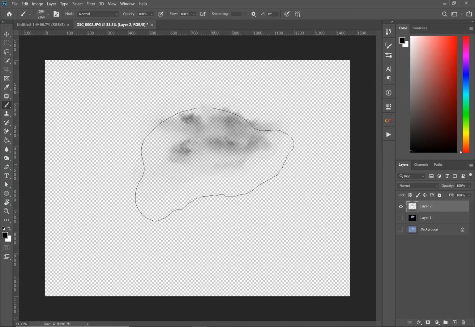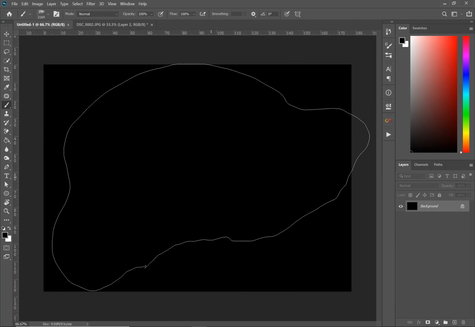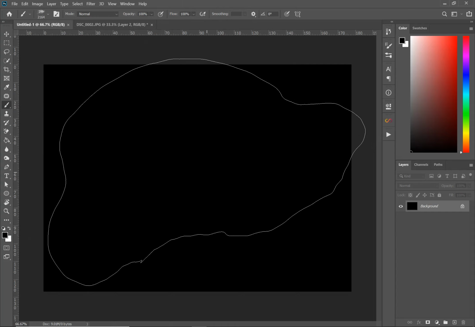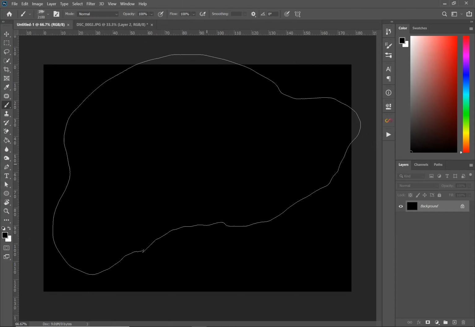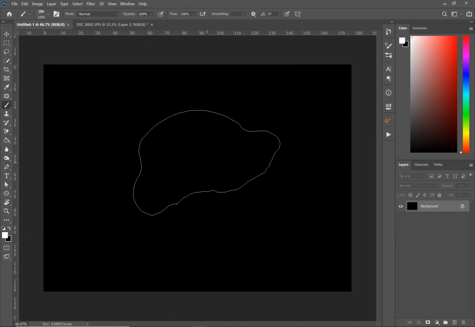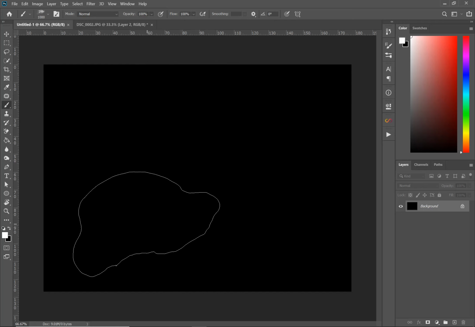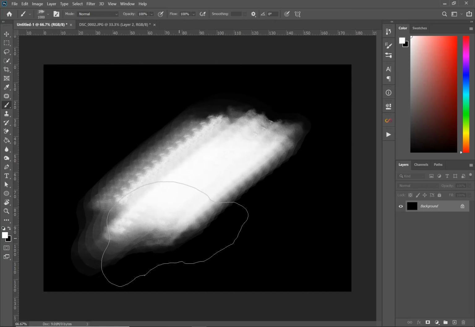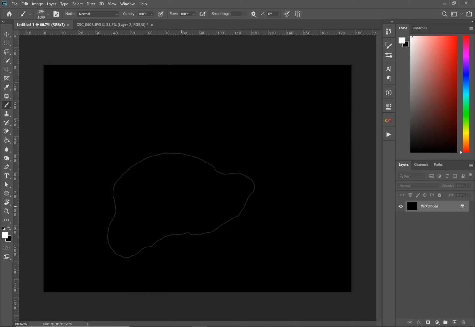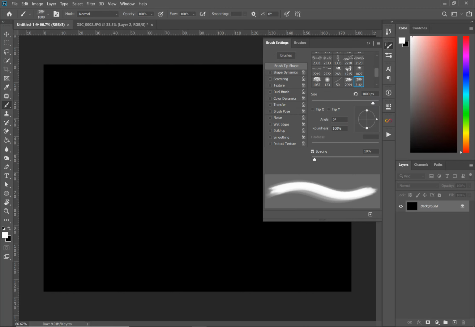It won't show up too well up on here, so previously I just created a black new document. So as you can see what happens, make sure that your color is on white. Now in the first instance, that's not particularly good. Ctrl Z that. What we need to do before the brush becomes really useful is add some brush tool settings,